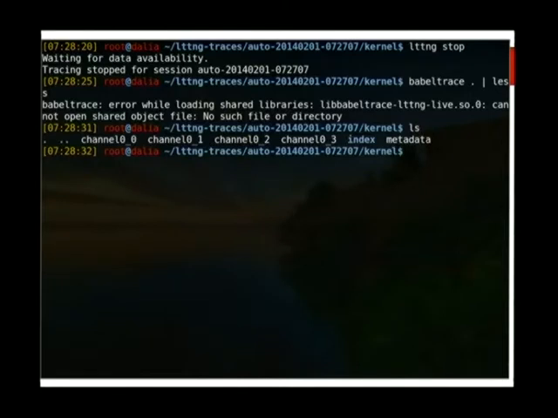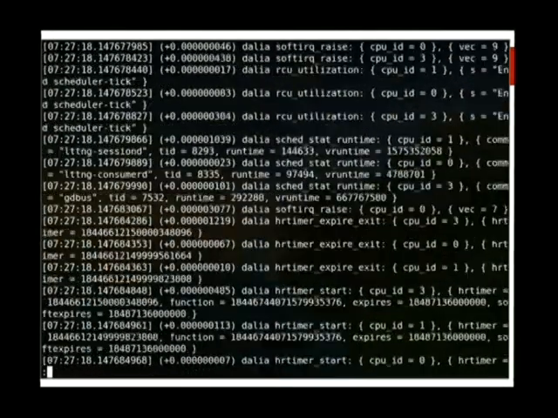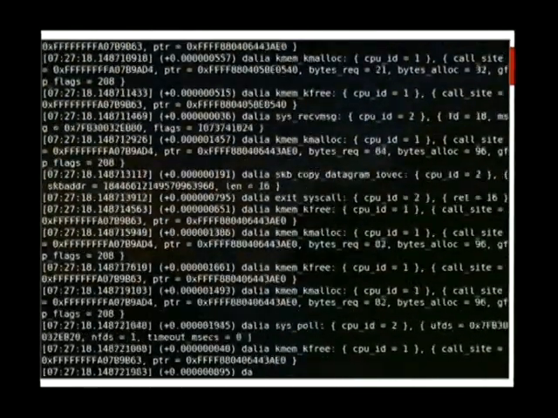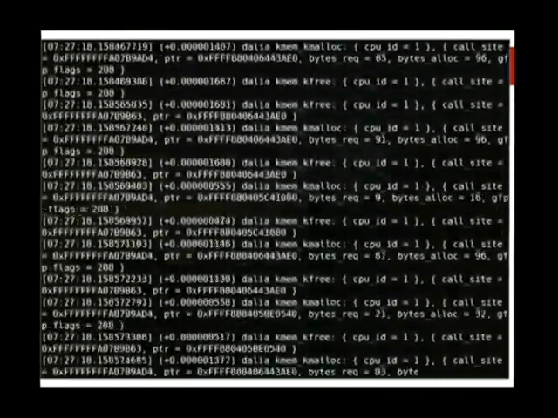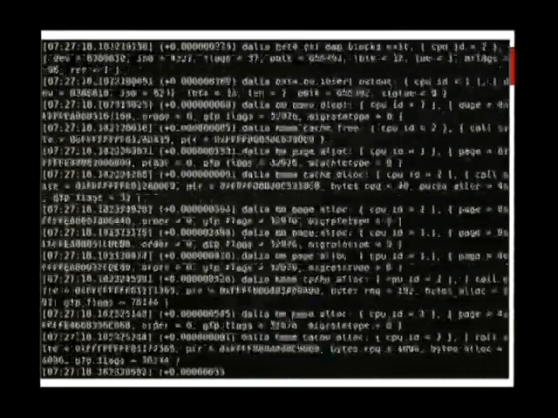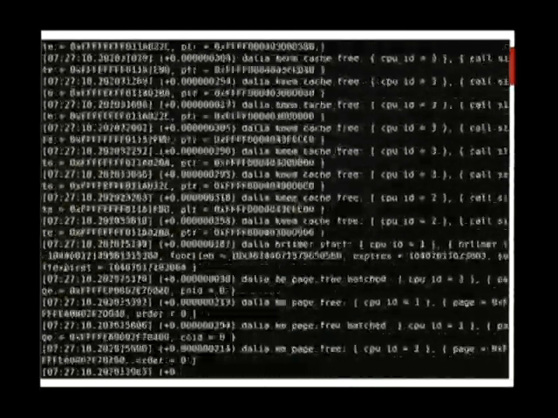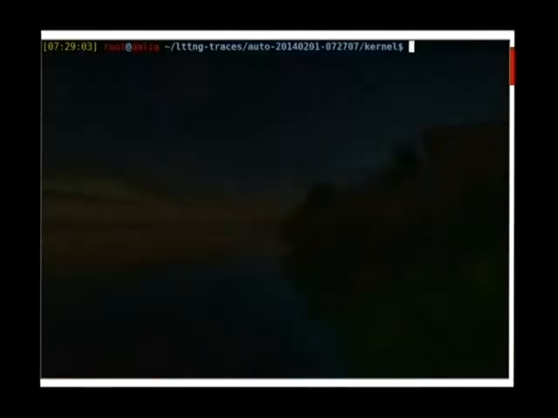Oh yeah, ldconfig, right? There you go. So here's the data, and it's non-stop. I'm going to show you how it works. All right, so this data is being recorded. This is the kernel's events. Every kmem allocation, every memory allocation, every sched switch, every IRQ, everything is being traced. So let's try to stop that, and just to show you the amount of data you can extract without any